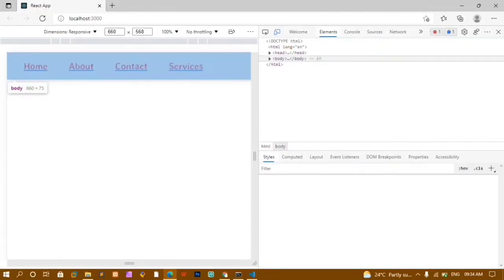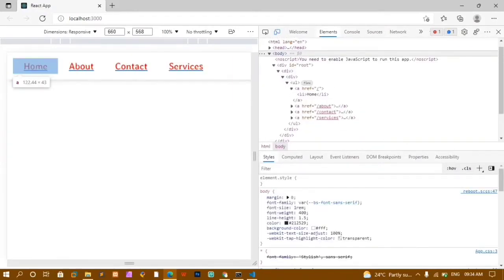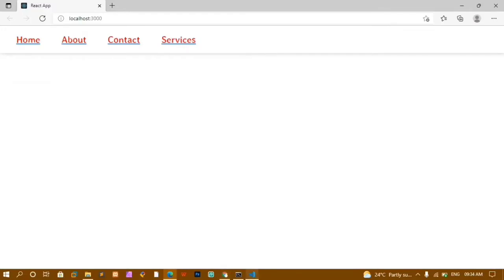Now here if you see in the DOM, I'll just open this, and here inside this UL list you can see I'm having these anchor tags. Okay, this is how anchor tags are present inside our DOM, but we are using Link inside our code. So for that